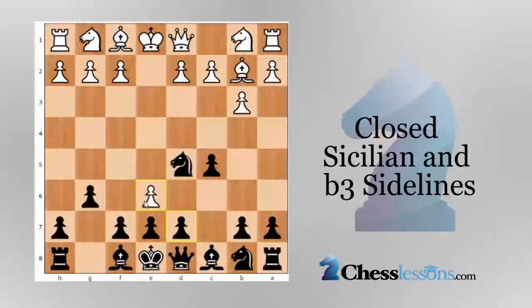scariest looking move because it looks like black is going to have to make some concessions. But in reality, if we think about it, white has played the move e4, e5, e6, and after f6, he's going to have to trade this pawn. So he spent 3 moves to just trade this pawn. Really, I don't see how white can have any advantage after this. Black is ahead in development and should have a very good position